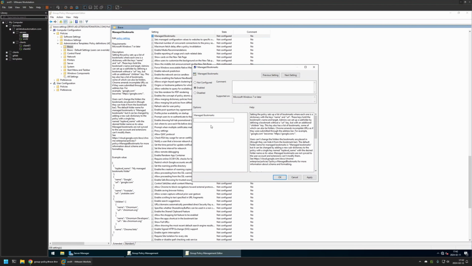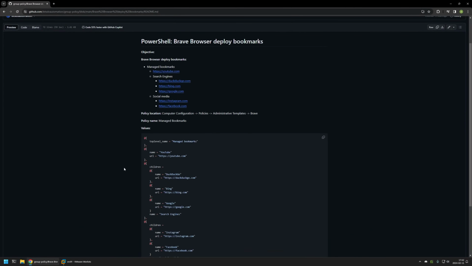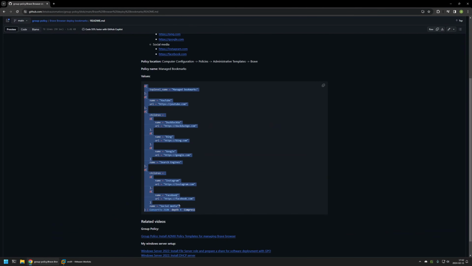And for this, I will go back to my GitHub page, because here I have this PowerShell snippet that converts a PowerShell object into a JSON object. And as you can see, here we have all the information about our bookmarks. Here we have the root folder called Manage Bookmarks. Here we have the URL to YouTube. Then we're creating another folder called Search Engines. Here we're creating Social Media with the URLs inside of it. And that's basically it. Now I will click on the button right here to copy this snippet,